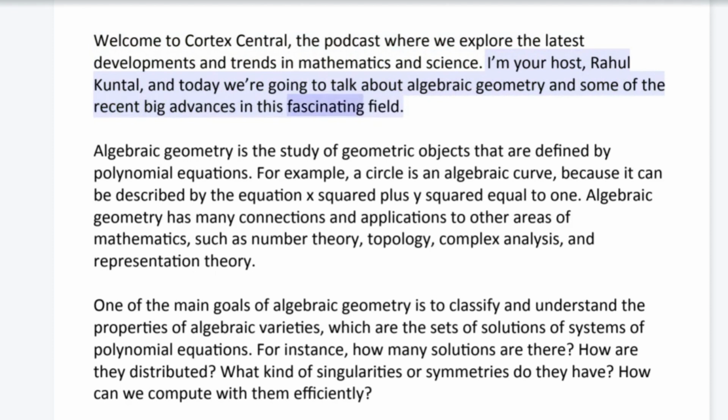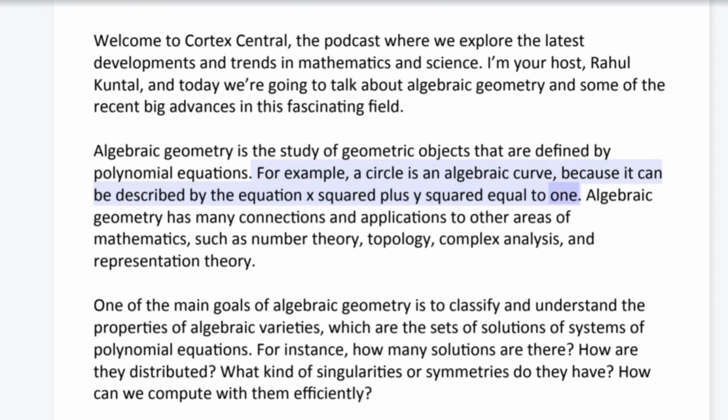Today we're going to talk about algebraic geometry and some of the recent big advances in this fascinating field. Algebraic geometry is the study of geometric objects that are defined by polynomial equations. For example, a circle is an algebraic curve because it can be described by the equation x squared plus y